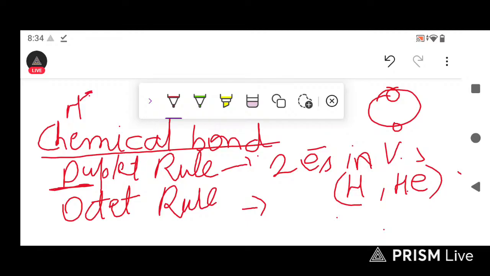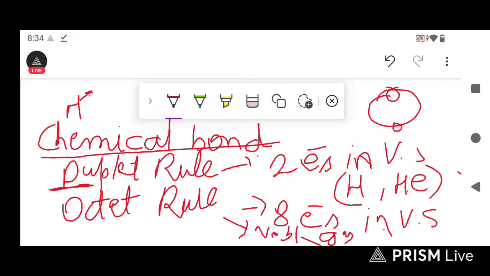And what is the octet rule? The octet rule is when there are 8 electrons in the valence shell. Noble gases have 8 electrons in the valence shell, so we consider noble gases as following the octet rule. Atoms complete their octet or duplet to achieve unreactivity. When they complete their octet or duplet, they are considered stable, so they don't need to react